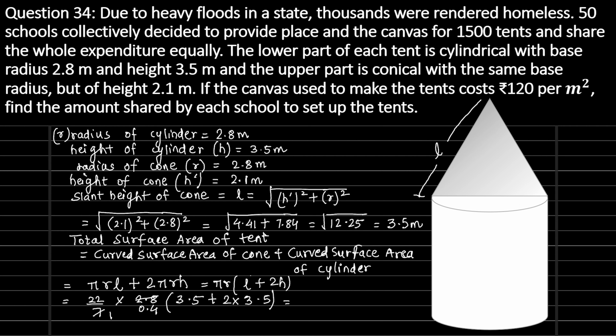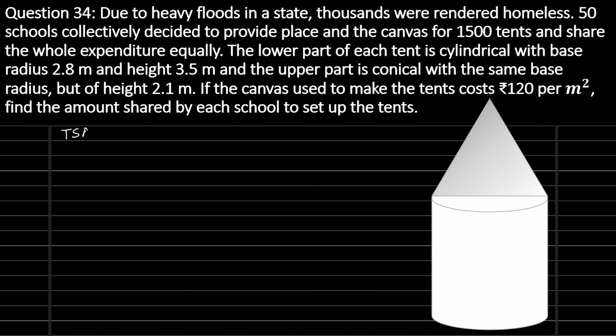This is going to give us 22 into 0.4 multiplied with 3.5 plus 2 into 3.5, that is 7. So total surface area is equal to 22 into 0.4, that is 8.8, multiplied with 3.5 plus 7, that is 10.5. So it is equal to